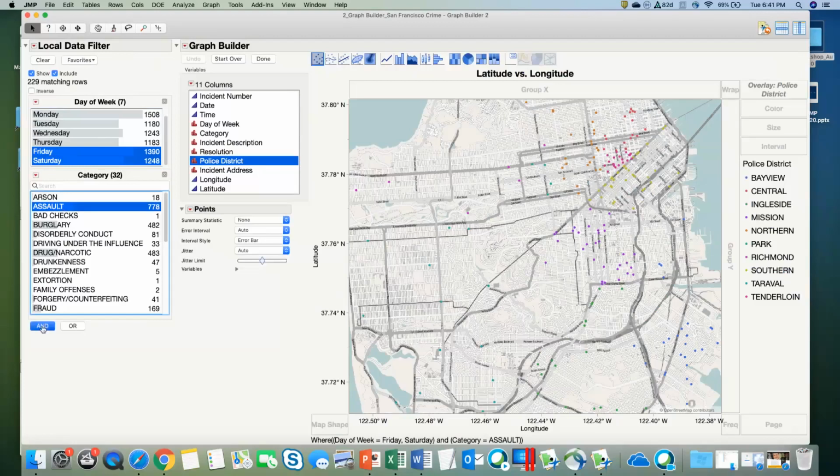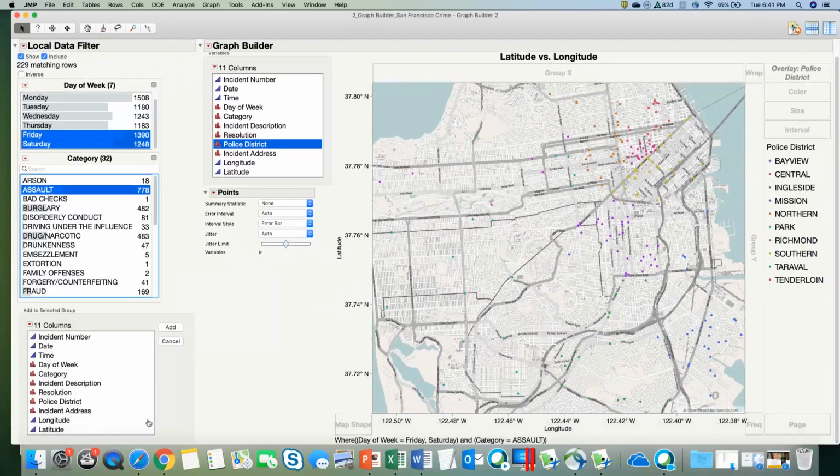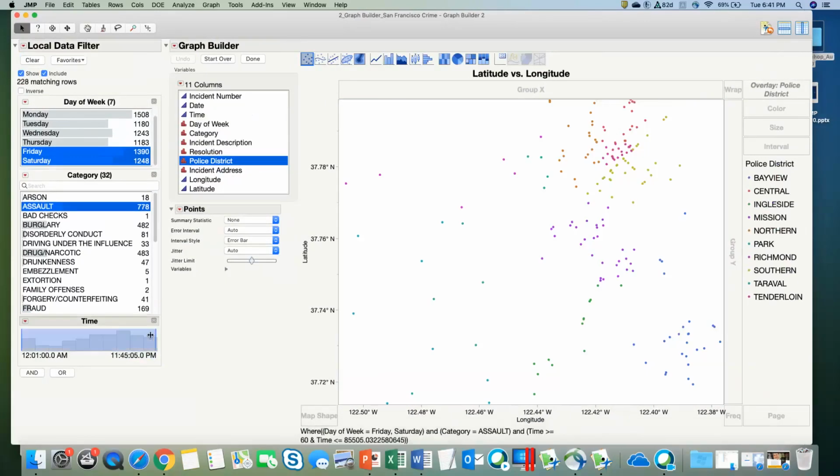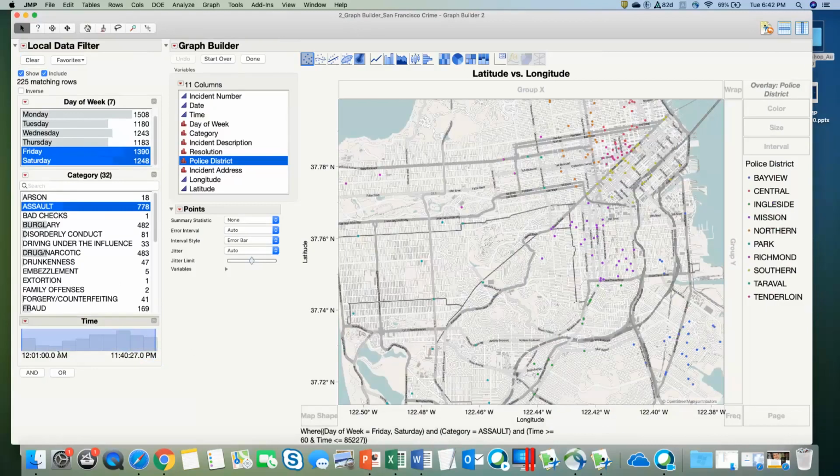And if I wanted to, I could bring up another variable to use here. For example, I can bring up time. So, okay, now I've got 3 variables in my local data filter. I've got day of the week, I've got category, and then now I added time. And so notice what I can do is I can pick a time where I can actually drag this around. But I can go in and now say, well, maybe I only want to look at assaults that happened on Friday and Saturday, and I only want to look at them that occur between 2 particular times, and I could type those times in,